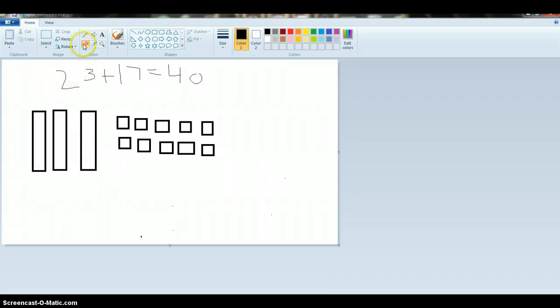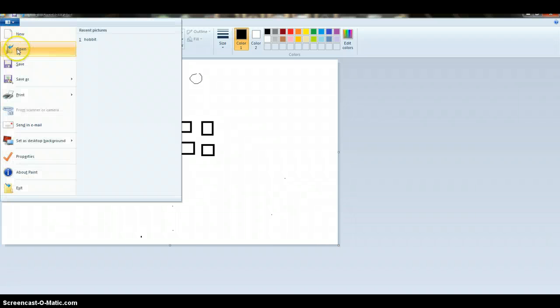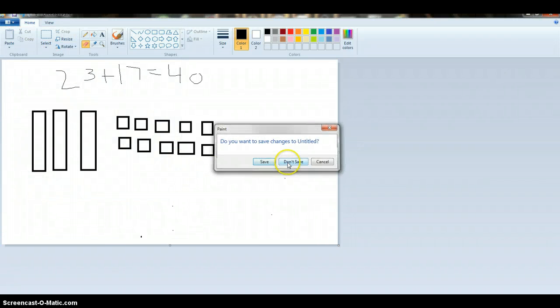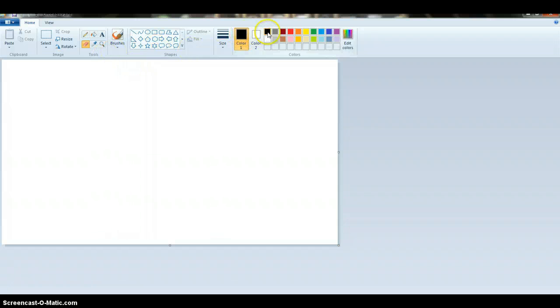So let's try a different one. Let me clear this board here. There we are. So let's try 41 plus 39 equals. So we know that we're going to have to make 4, look at the 41 and go, okay, how